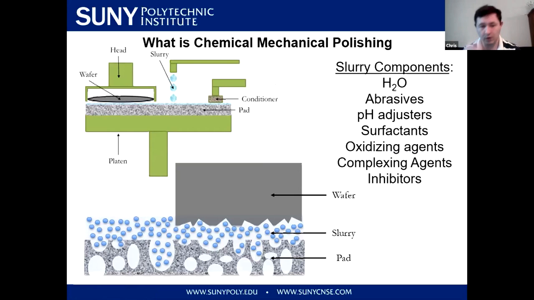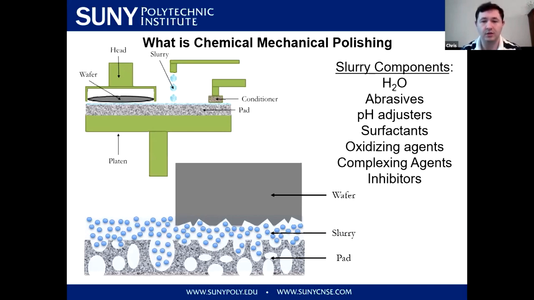So CMP works by pressing a wafer against a rotating polishing pad that has a slurry being dropped onto it. The polishing pad shown on the bottom is porous, and the slurry has different chemicals doing the chemical part of CMP, and then abrasive particles for the mechanical part. A slurry can be as simple as water, abrasives, and pH adjusters, or have additional chemicals like oxidizing agents and complexing agents. The slurries that I work on are ceria slurries, using ceria as the abrasive, because